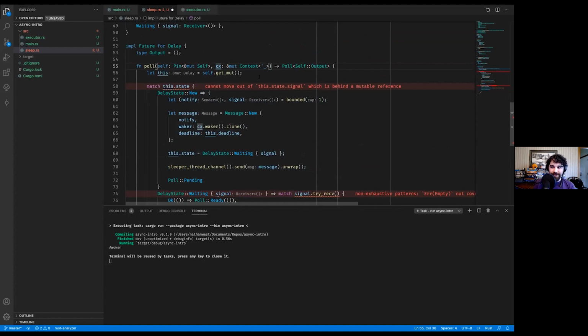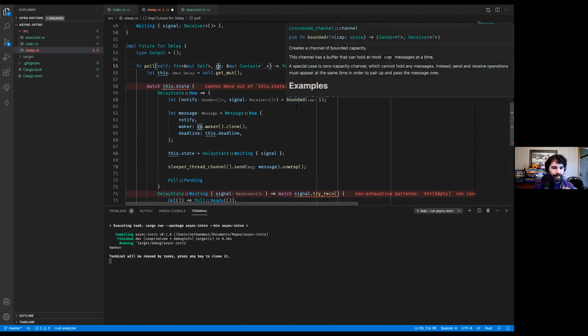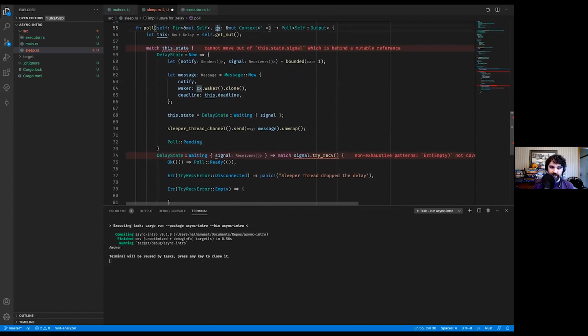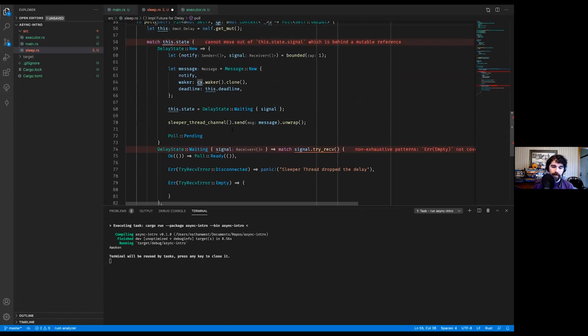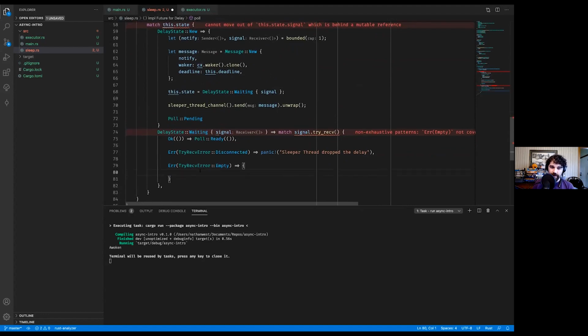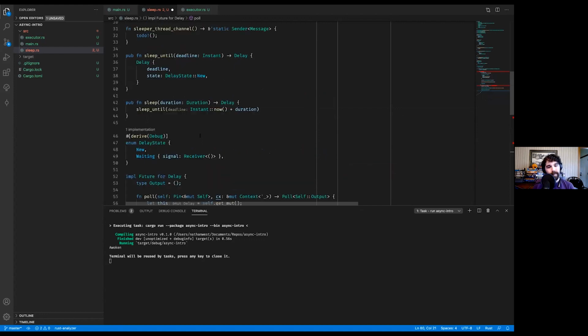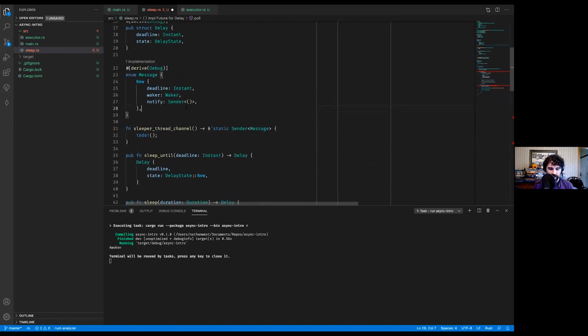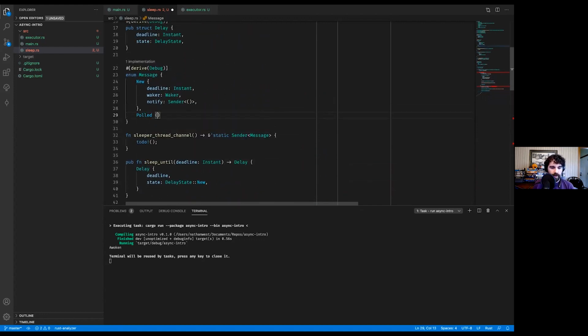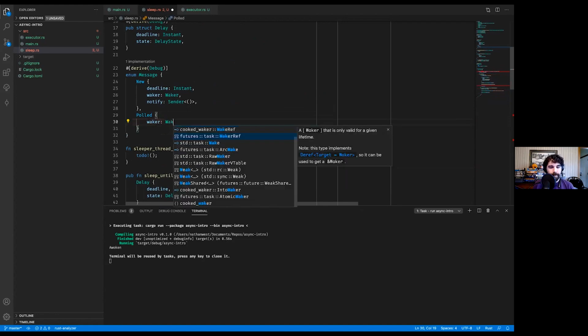Futures don't have to keep track of every waker. You only ever care about the most recent one. What this means is that we actually need to send another message. We need to let the thread know we might have a new waker. A more elaborate, more efficient implementation might store the waker locally, because you can check if two wakers are the same. But for simplicity, we are just going to always send it. So we'll say polled. We got a new waker, maybe.